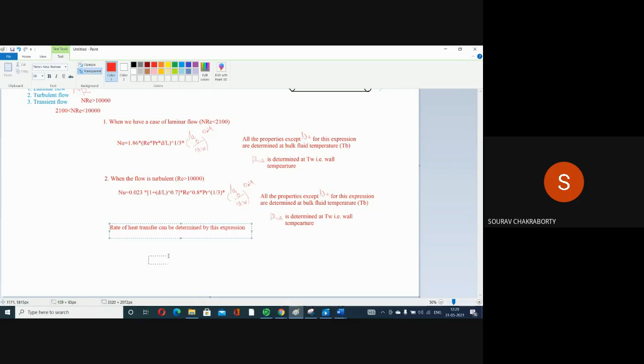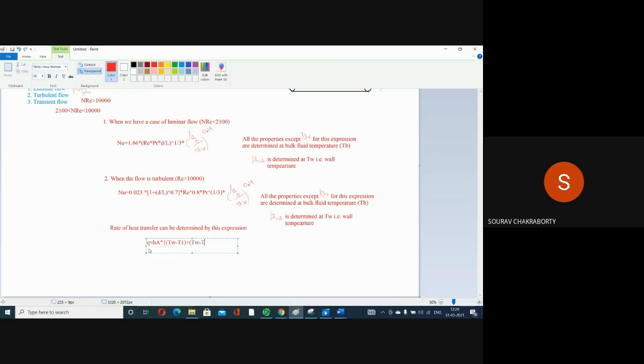So the rate of heat transfer will be Q, we know that. What will be the value of Q? Small q will be equal to H capital A into (TW minus T1) plus (TW minus T2)